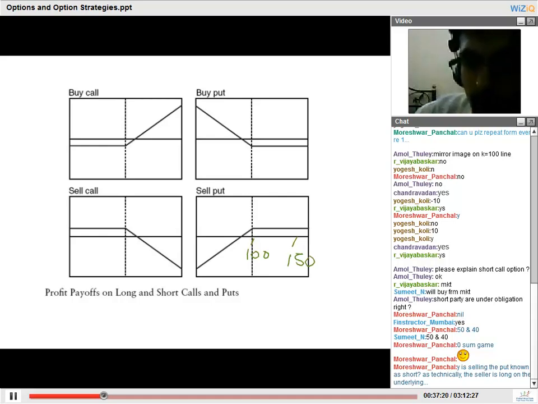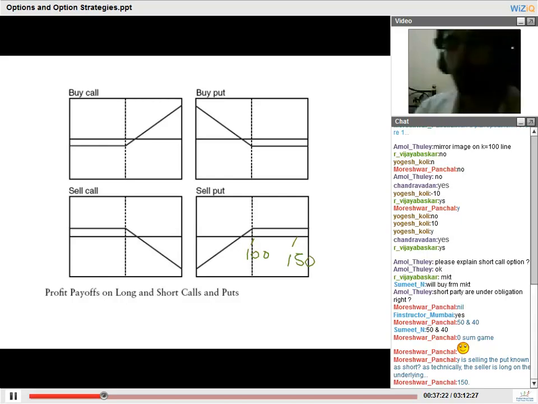He'll sell it in the market for 150, so the option will not be exercised. If the option will not be exercised, as a seller of the option, I will enjoy my upfront premium. So for any price equal to or greater than 100, as a seller of the option, I don't come into play at all, or I don't have to do anything, because the buyer or the holder will not exercise.